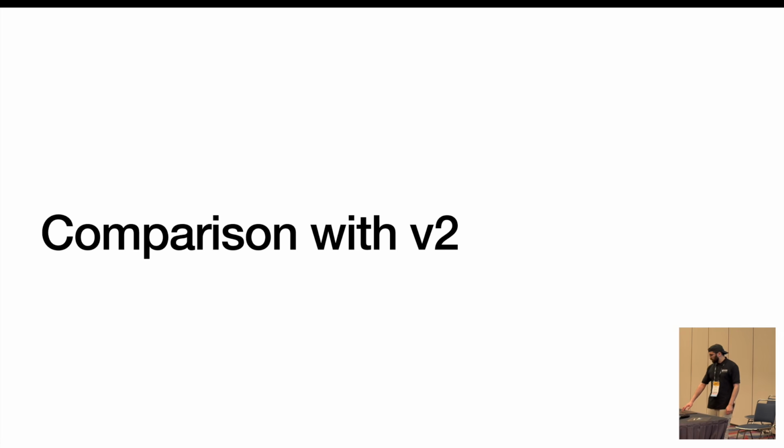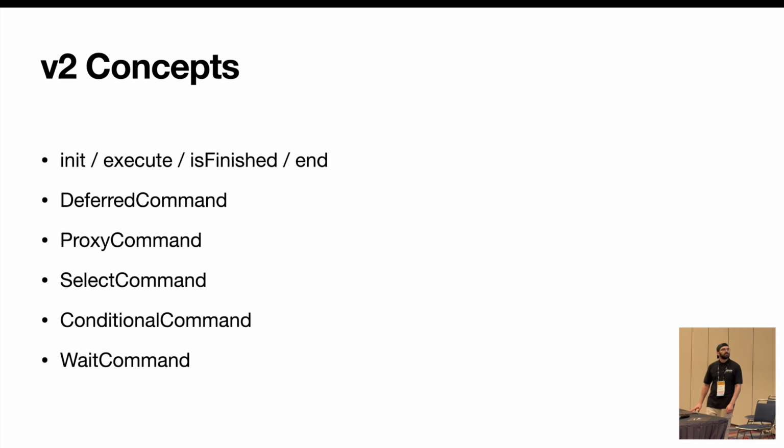So let's do some one-to-one comparison with V2. So in V2, right, you've got your init, execute, isFinished, end functions. You're doing class-based commands. That corresponds to run, first, finally do, execute, etc., with the DSL. V2 also has a lot of things as escape hatches to get around limitations of V2 and the scheduler. Deferred command lets you instantiate a command at runtime instead of upfront when you're creating your command compositions. That's useful if you want to do something